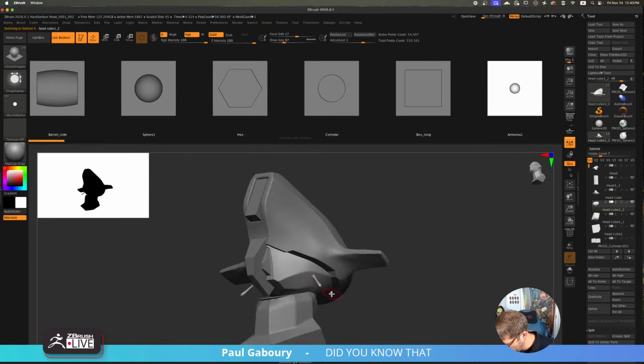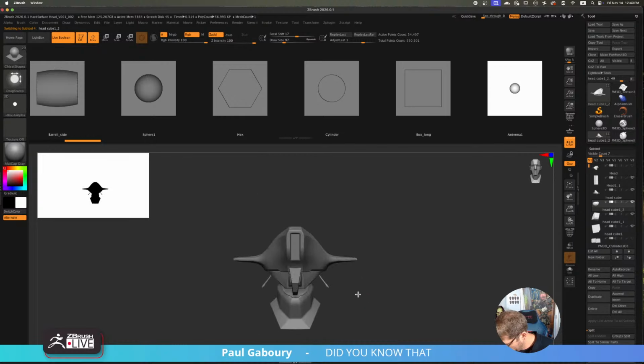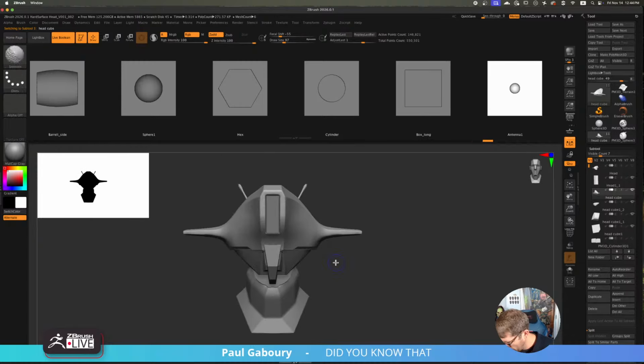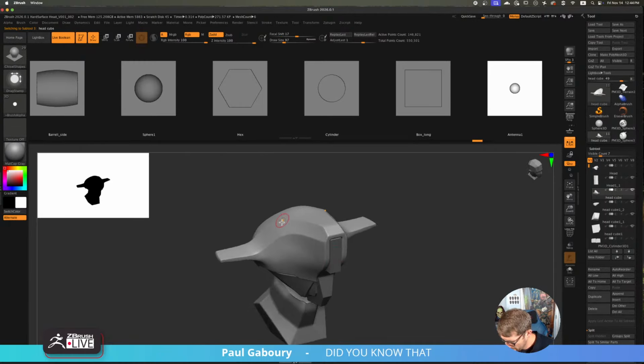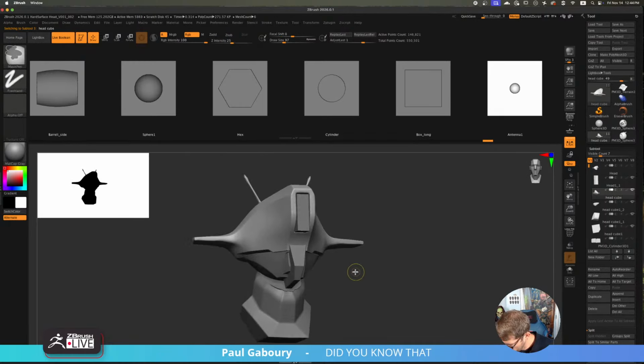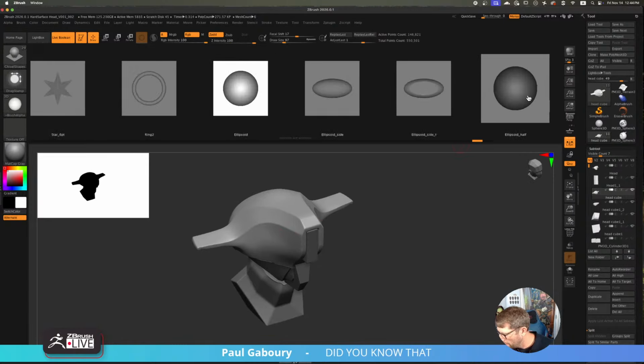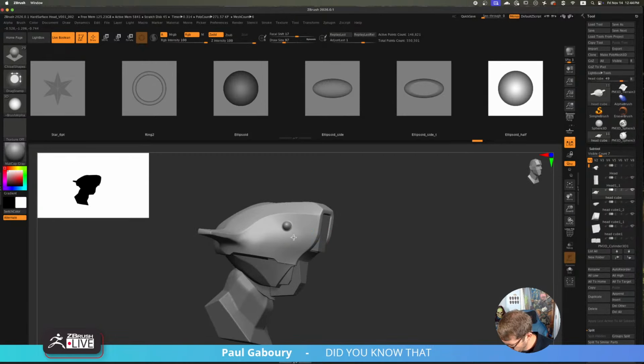Some kind of antenna thing coming out. Or even in here, or again in the back, some kind of antenna element. Something like that, maybe. I don't know. I'm just playing right now.